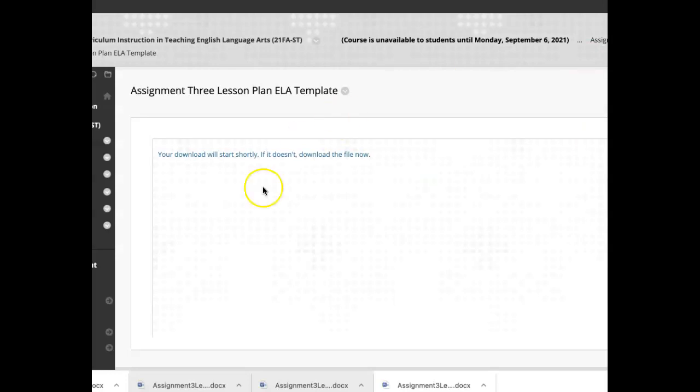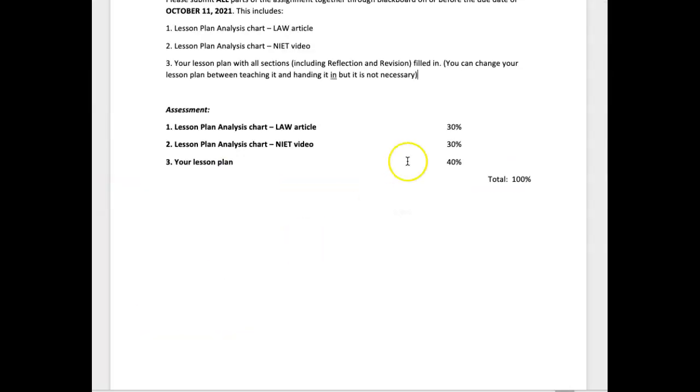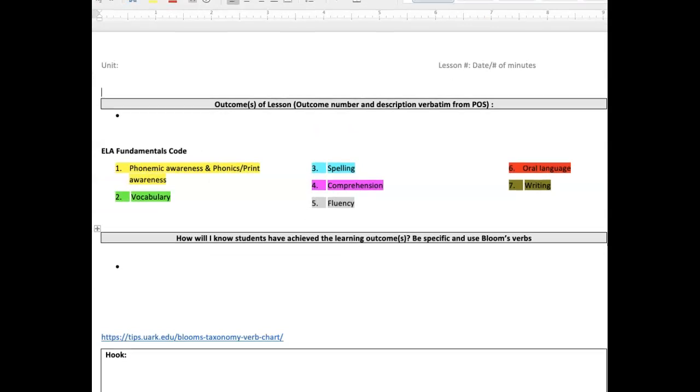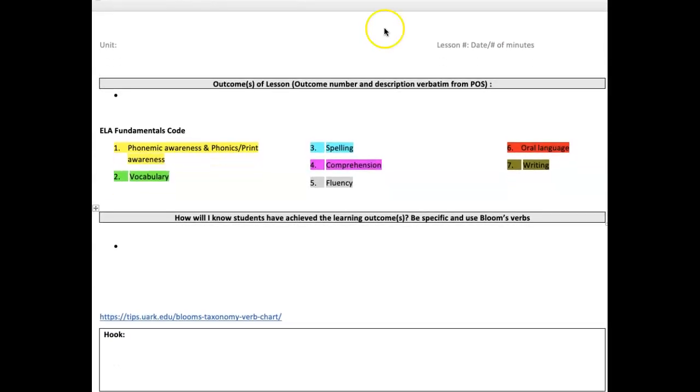Okay, and there's the breakdown. I'm just going to show you the lesson plan template. Oops, where'd it go? Here it is. Okay. It's basically the exact same lesson plan template that you've seen all your life here at MHC. The only thing I added, and we'll talk about this, is the ELA fundamental code. What I want you to do is use this actual color coding here. So when you write your objectives that are directly from the program of studies, I want you to say, okay, actually that outcome is absolutely comprehension, or that's absolutely fluency. And I want you to color coordinate it so that if you look back here,